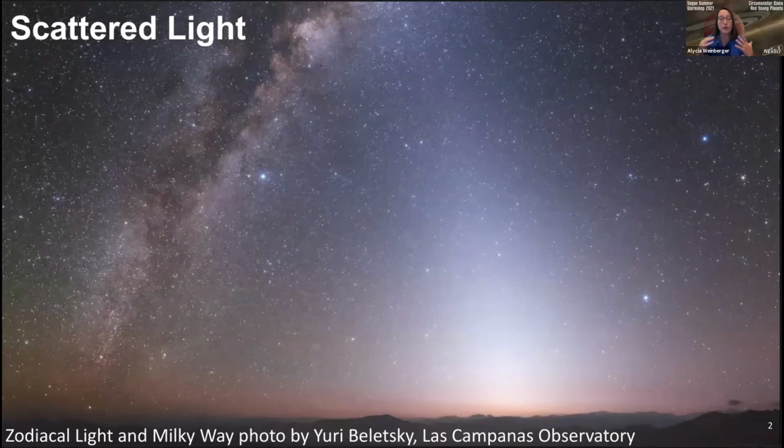Dust scattering also depends on the composition and the structure of the dust grain. So you can use the amount of scattered light as a function of wavelength to infer something about the composition of the parent body, such as whether it has a lot of organic molecules, which tend to make less scattered light, or a lot of volatiles, like a comet that makes a fluffy grain, or an asteroid-like grain that's compact.